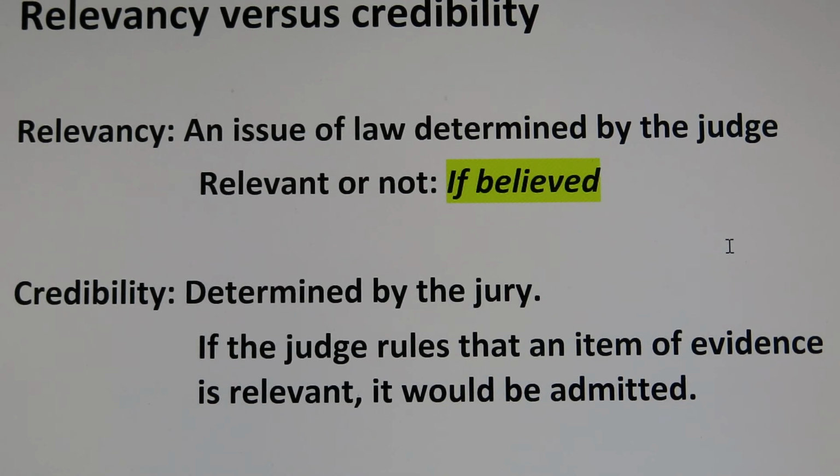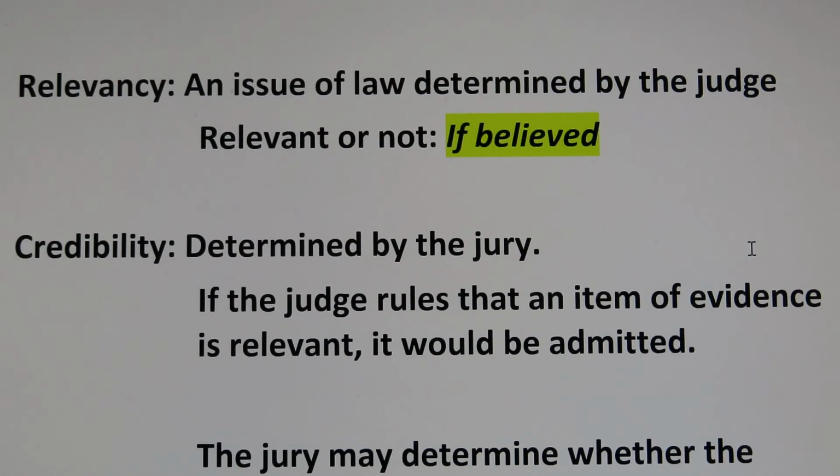The girl would provide this alibi testimony for the defendant. So if this alibi story is believed, that would be relevant, right? So the judge should rule the evidence is relevant. And then this evidence, once admitted, will go to the jury. And then at the trial, the jury will determine the issue of credibility. All right? If the evidence is ruled relevant, the item of evidence will be admitted,